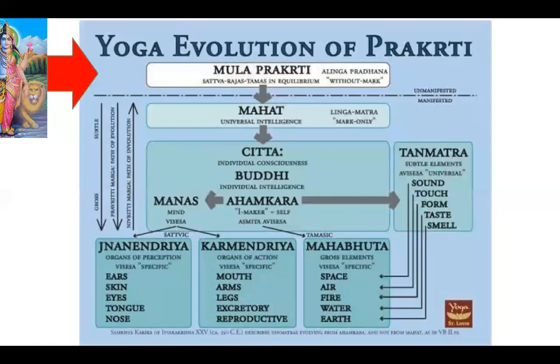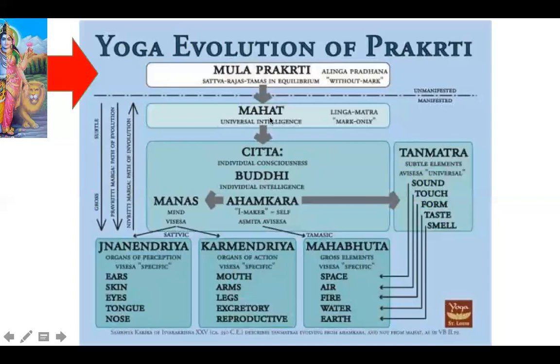But in Mula Prakriti, there are no markers. There's no way to discern Shiva from Shakti. They're in a total state of dormance, a total state of unmanifestation, you can see here. Now we go across as there's a disturbance in the balance. And now Rajas, Tamas, and Sattva are not equal, and we have Mahat, this cosmic, universal intelligence, that kind of gives birth to individual consciousness, individual intelligence, the I, the self, and the mind. So it goes from the non-dual to the dual, or the triplicity, and then into different states of